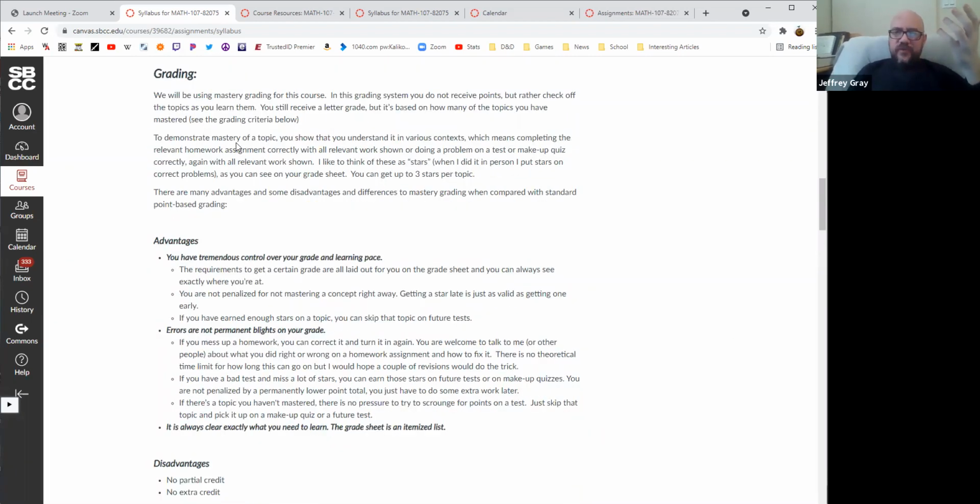So that's how the grading is going to go. You're going to earn stars, and the more you earn, the better your grade. That's essentially the way it goes. But there's no points. There's no, like, this is 15% of your grade, and that other thing is 14%, and this problem is worth 2 points, but that problem is worth 3 points. None of that. No scrounging for points. No kind of confusing systems about not knowing, is a point on a homework worth exactly the same as a point on a test, or since they're weighted differently, maybe they're different values. You don't have to worry about any of that.